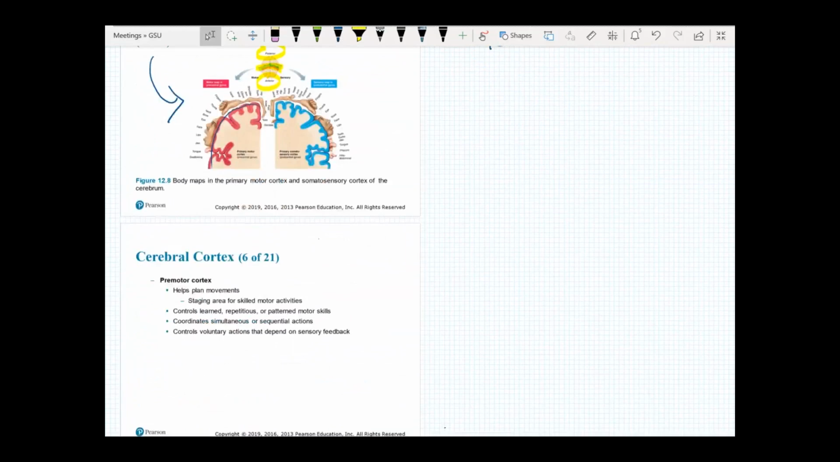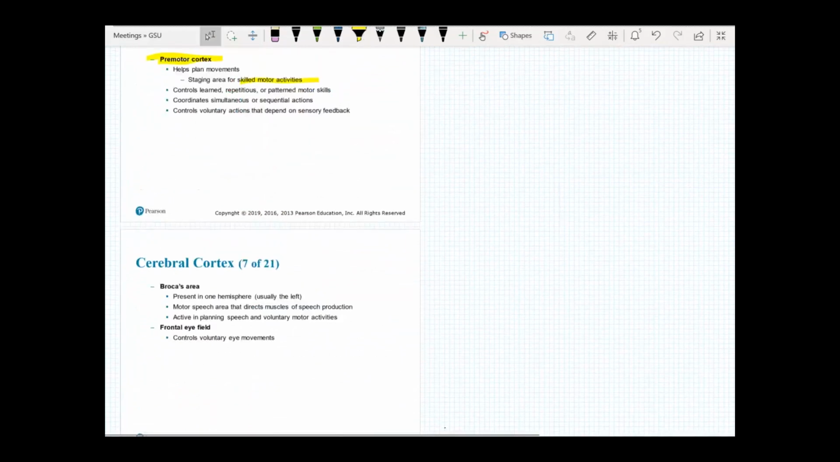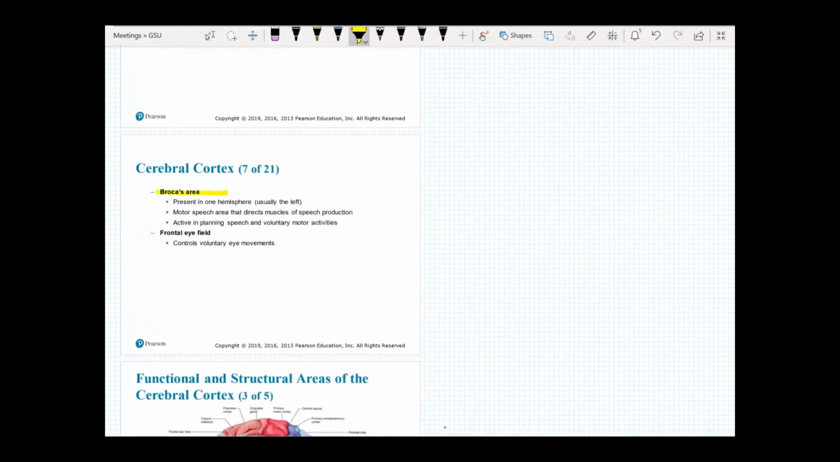Okay, so there's also a premotor cortex, like we said, that lies in front of the primary motor cortex, and it helps with skilled motor activities. So repetitious activities, patterning activities, simultaneous activities. It essentially is coordinating activities. We also said that there was Broca's area, our speech production. This is where we are actually talking, moving the muscles of our mouth. And then, as we said, there is also the frontal eye field that controls our voluntary eye